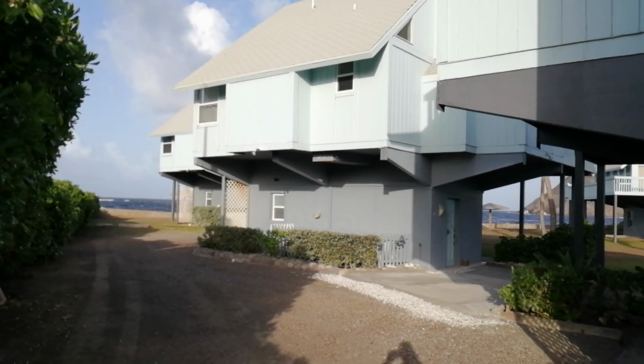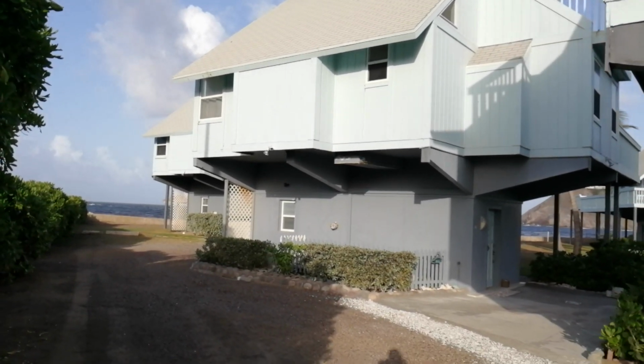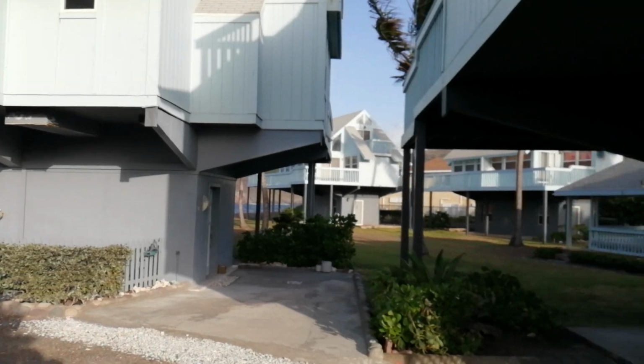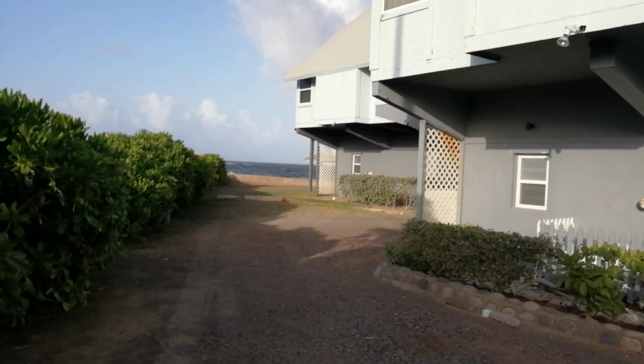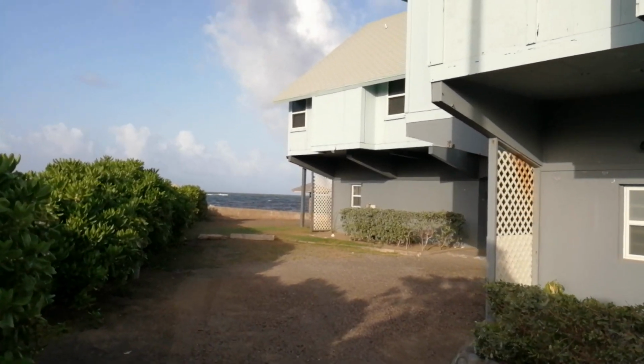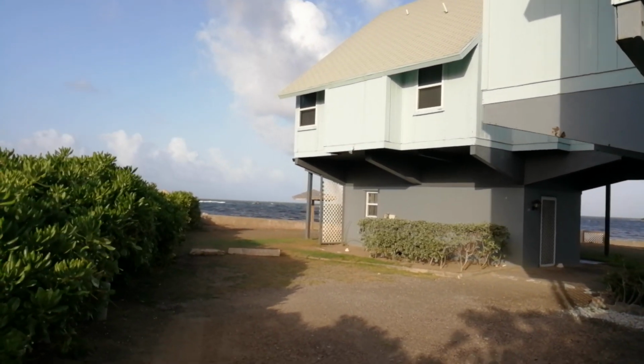Advantage is the price per square foot. The disadvantage, very hot inside. That's one thing you're going to have to think about. Now, if you go down here, you can see right on the oceanfront. So if you live in here, you can come down here, go snorkeling,